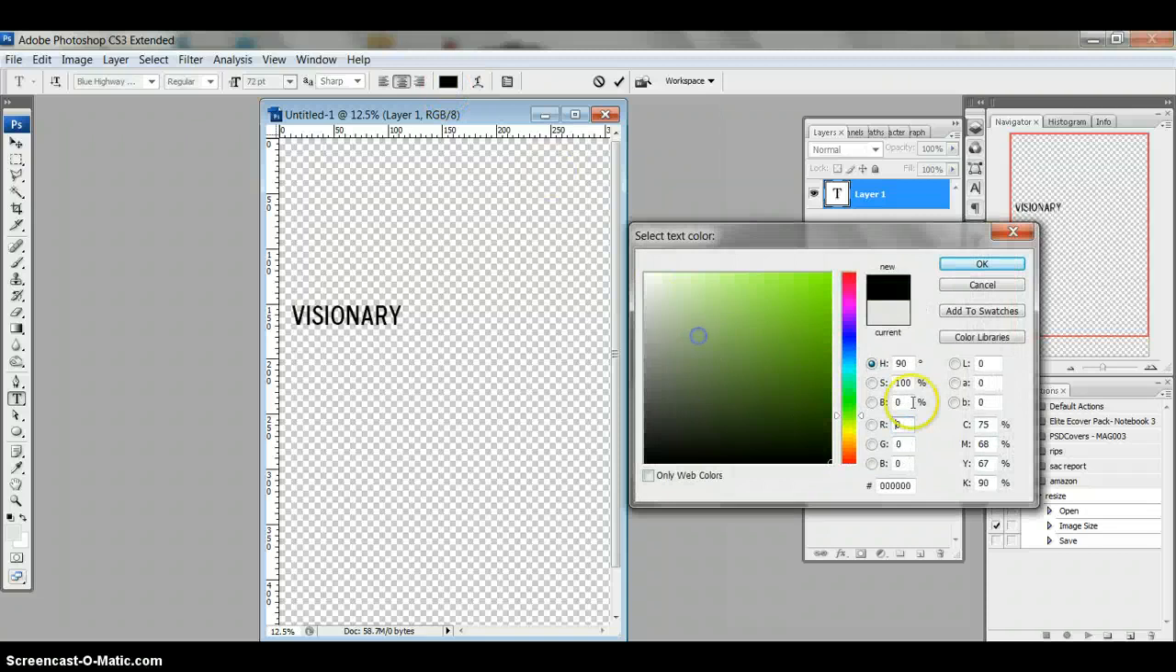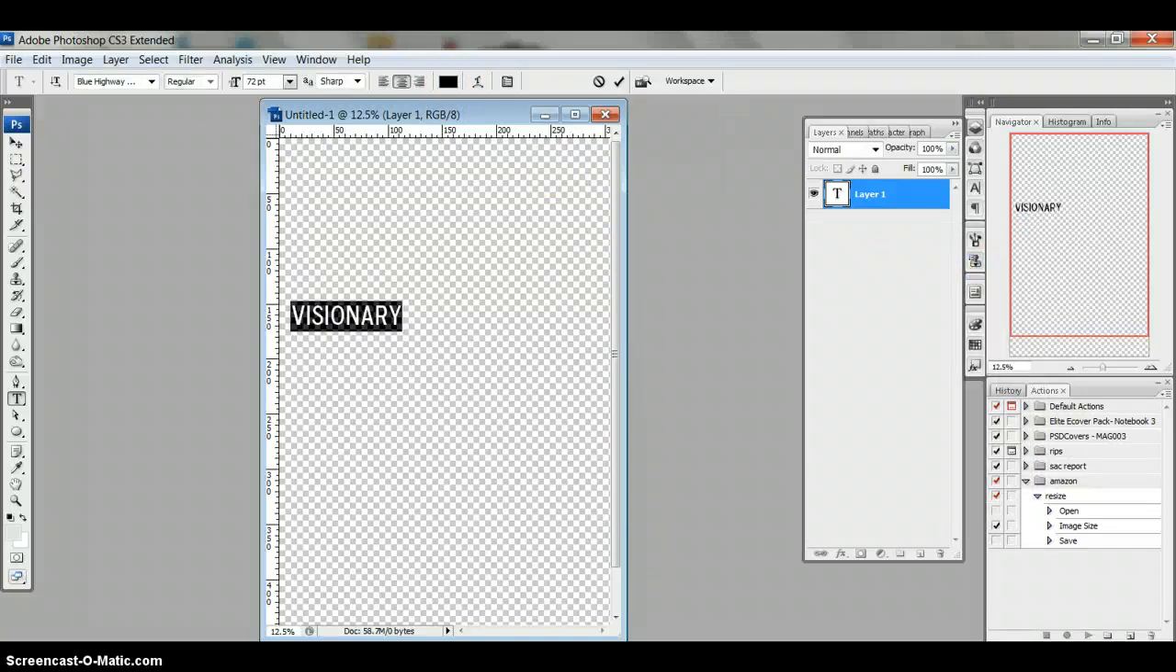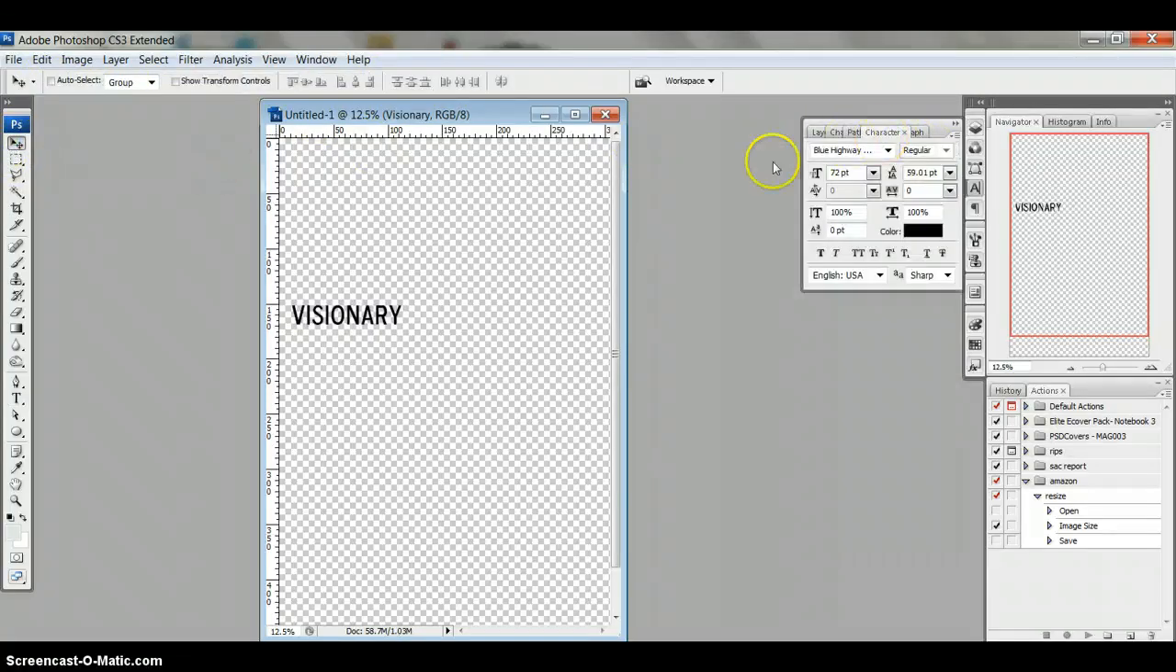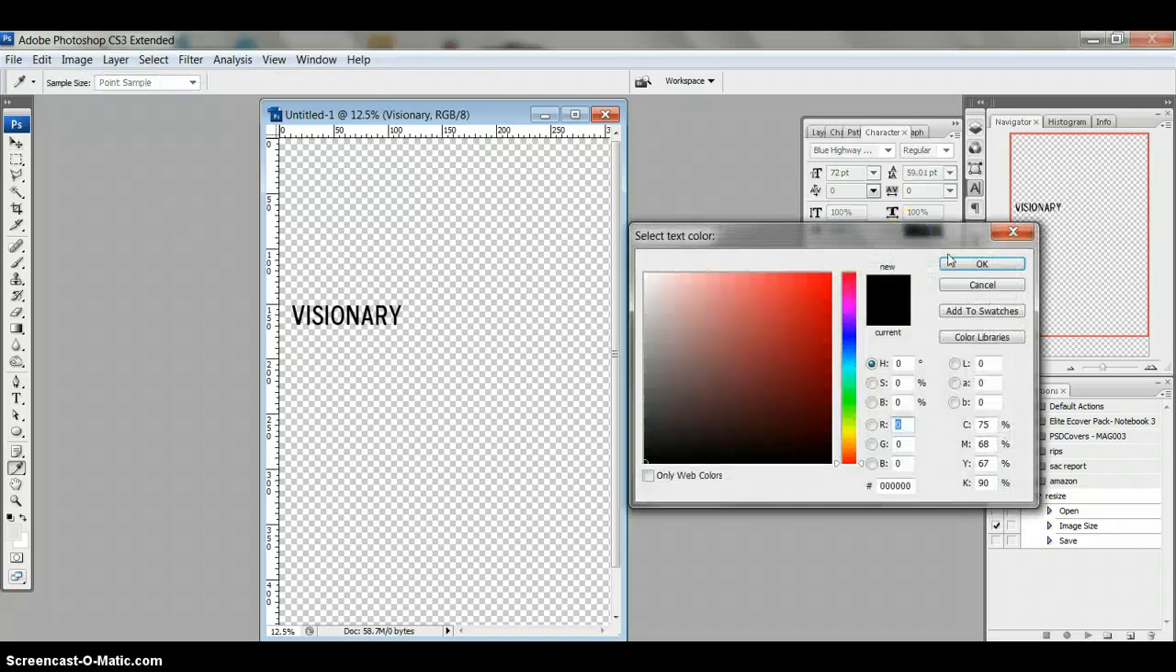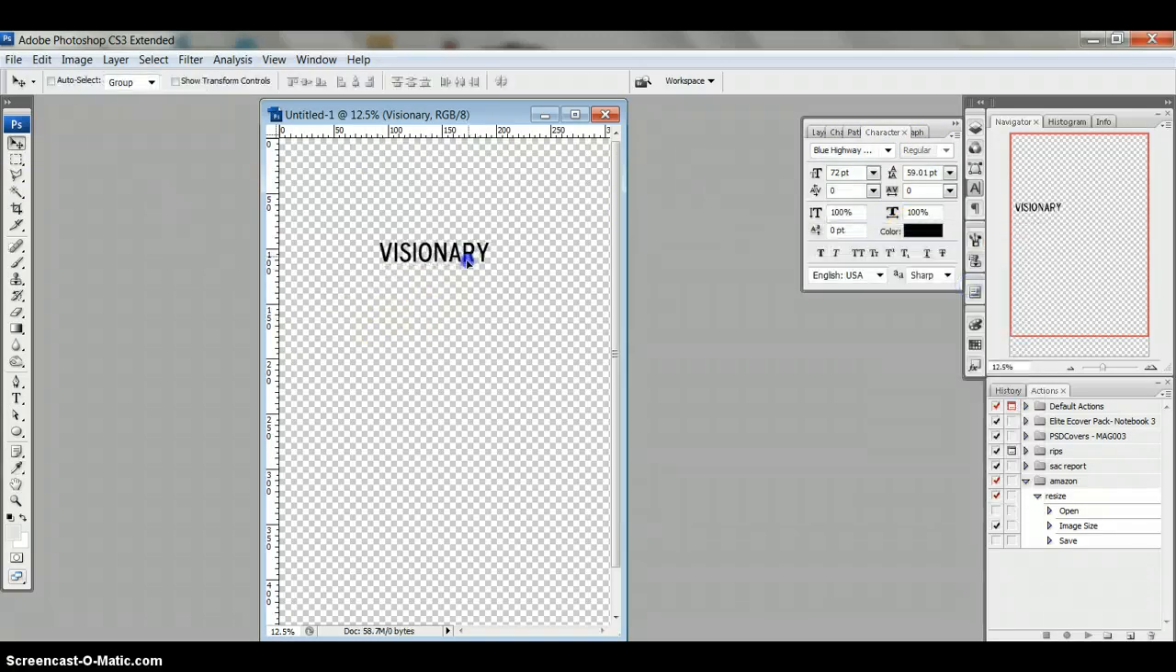I'm going to change my text color by highlighting it in the character palette that shows up at the top of the screen. There's also the character palette here that would allow me to change the color. So I'm going to position that,